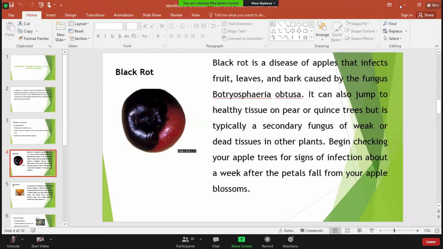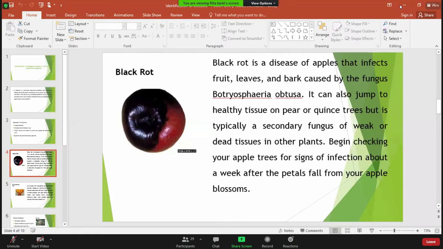And as you can see, in the whole part or half of the body of the fruit, we got it in that black color, because of which the fruit will not be edible, and then it may get transmitted from the fruit to several other parts of the plant body. So black rot disease is generally the disease of the apple or many other fruits that generally affects the fruit part, as well as leaves and bark of the fruit. Also, leaves and bark of the fruit tree may also be infected by this particular type of disease.